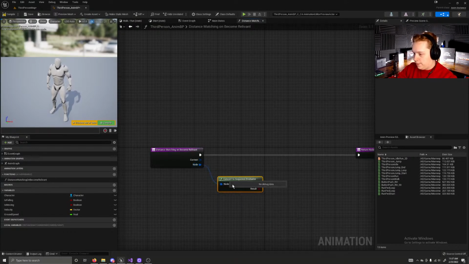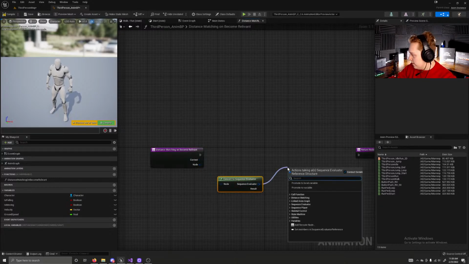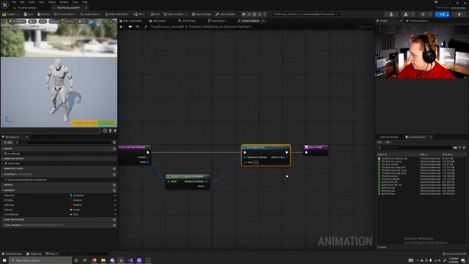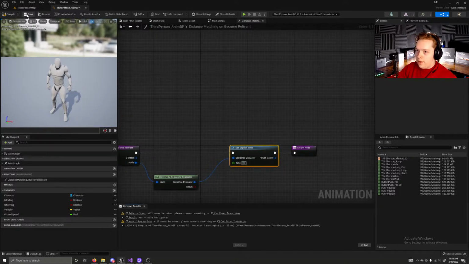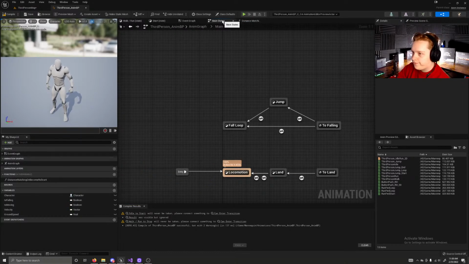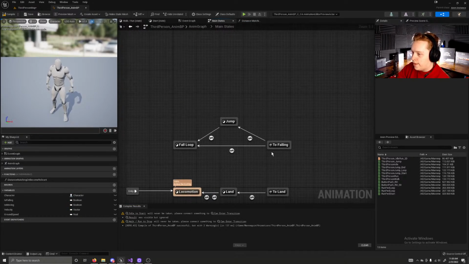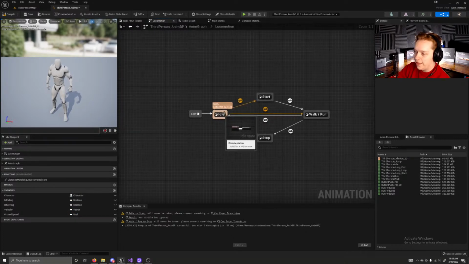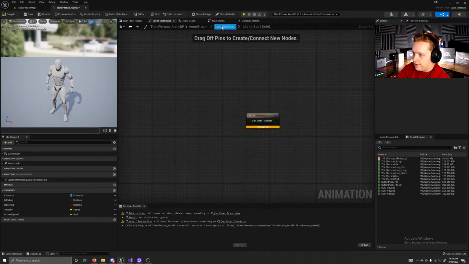So again, I'm going to convert that to a sequence evaluator. I'm going to set explicit time. And the reason I'm doing this here is according to the forum post, when you go back into a state where you've already distance matched, it will try to begin playing the animation from the point where you left that state. So I'm gonna